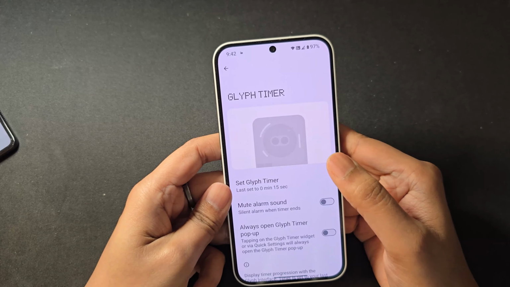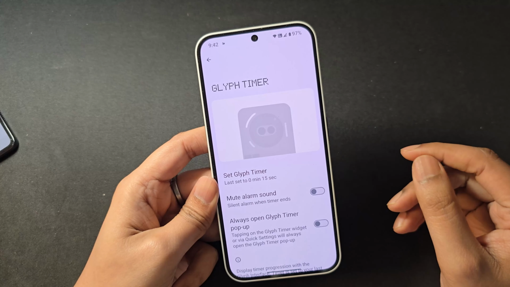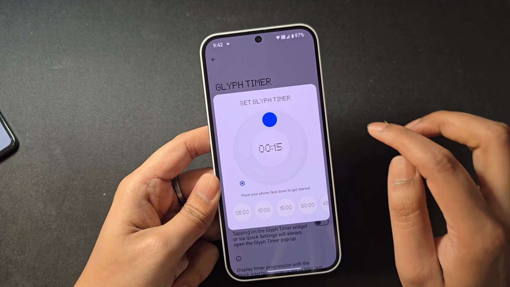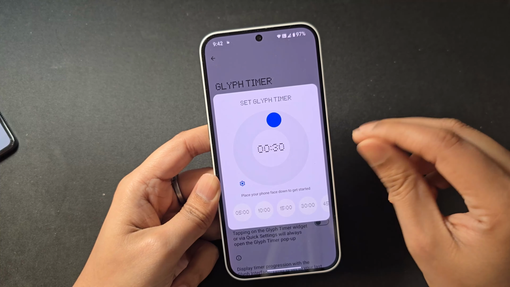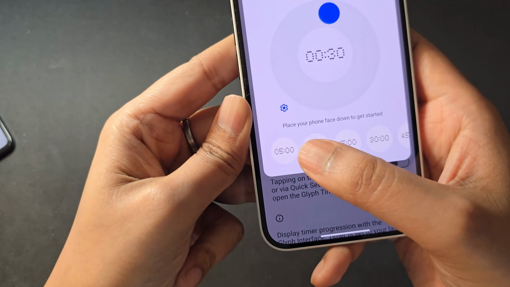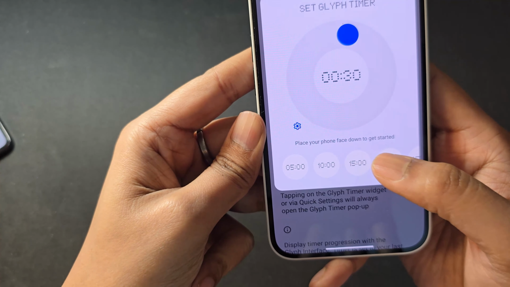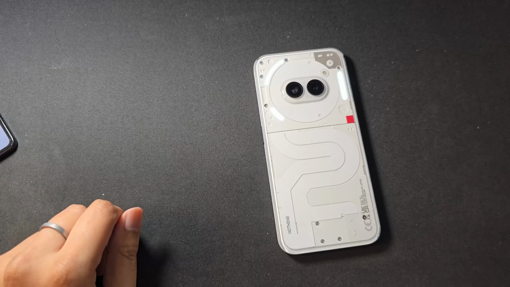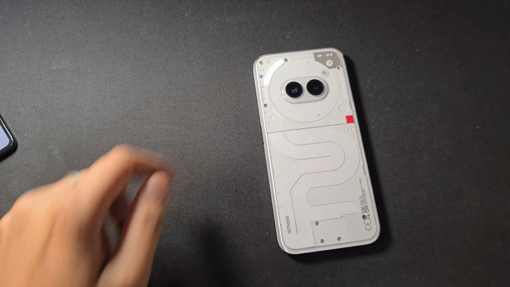Next, we have something called glyph timer. It's a very interesting thing. I have not used it till now, but it looks interesting. So keep a timer of 30 seconds. And it is writing that place your phone face down to get started. So let's see. You see,